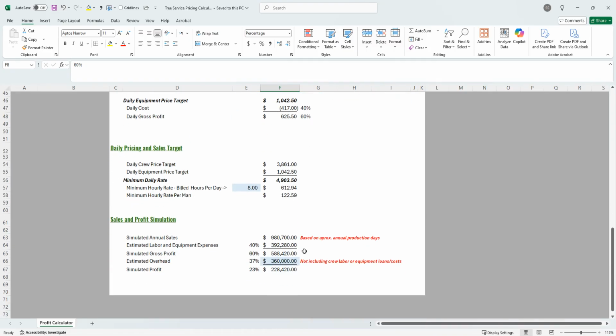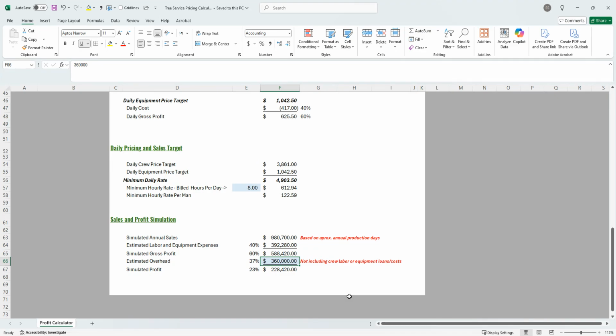Now, when we talk about guaranteeing our profits, that's where the simulation comes in over here, because this is a little calculator that you can use to guess and check based off of your costs and your margin and your equipment. Are these numbers doable? How much profit is left over, etc.? But in order to do this, we need to sneak in a number over here of our estimated annual overhead. And that's office salaries and rent and software and all of your annual expenses that are not tied directly to the crew going out. It could also include your salary, but it does not include crew labor or any equipment